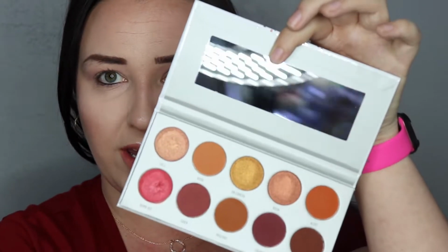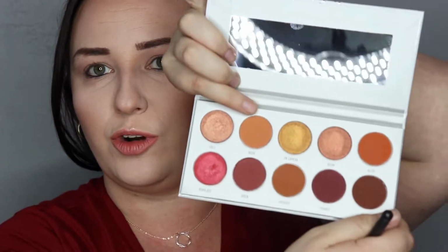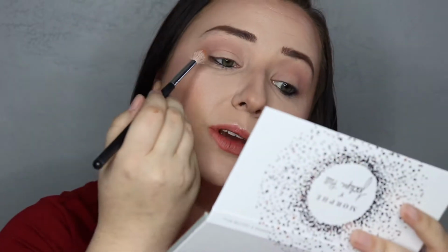Alright, then this is where we're going to start getting serious. We're going to start with Ring the Alarm, and this is where a lot of our work is going to come from. And we're going to go straight into Rush right here, and I want to put that in the crease as well. This is going to go right over what we just did,